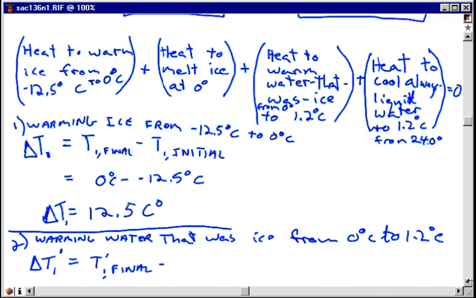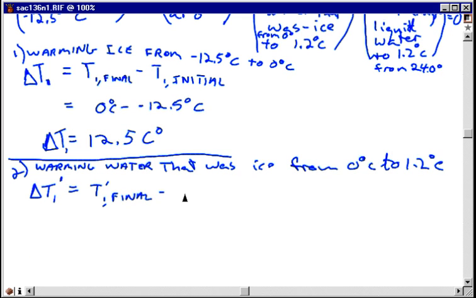It's always final value minus initial value, so 1.2 degrees Celsius minus 0 degrees Celsius, or 1.2 Celsius degrees